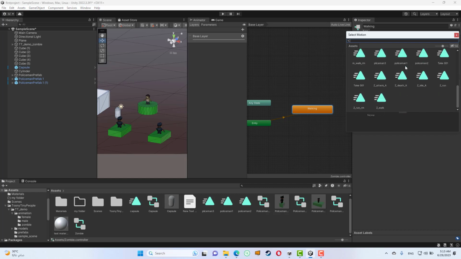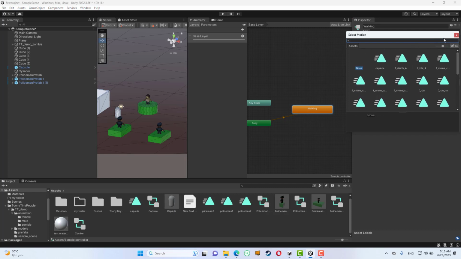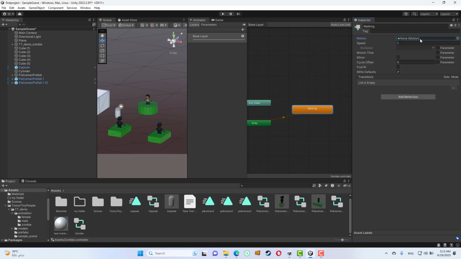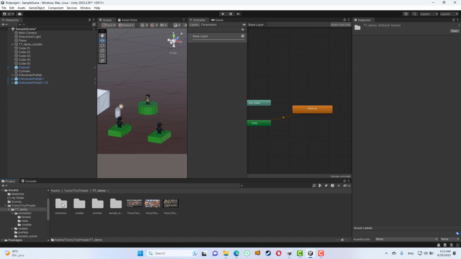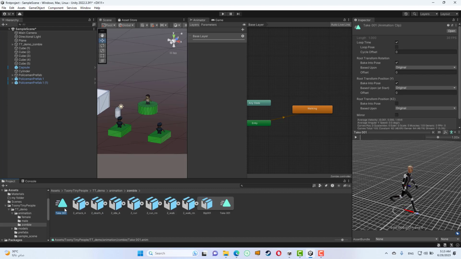There are a lot of animations, but some of them are not suitable, such as the policeman and the capsule that we created. These are not for a humanoid. They might work, but it will just be moving it back and forth. This is not what we want. We want an actual humanoid animation that will move the bones. We'll go to animation and bring the walking animation that we extracted,